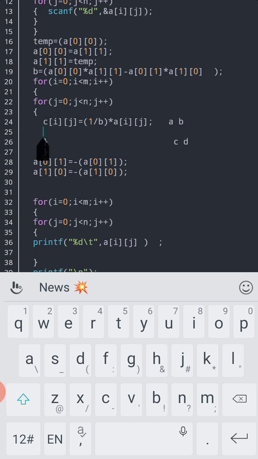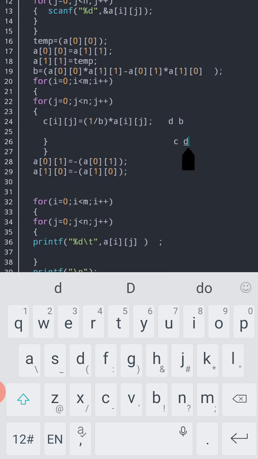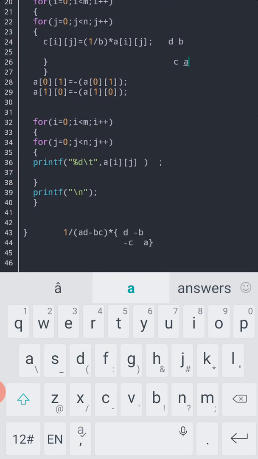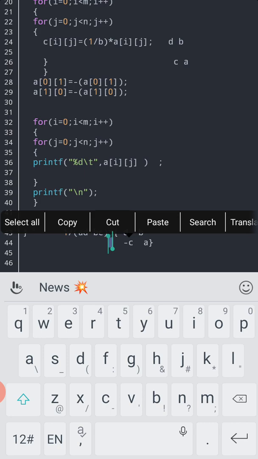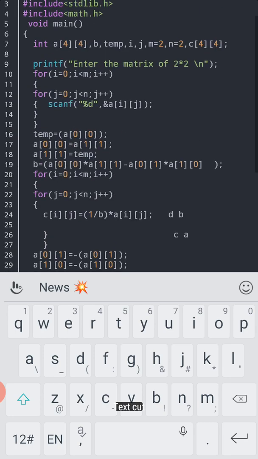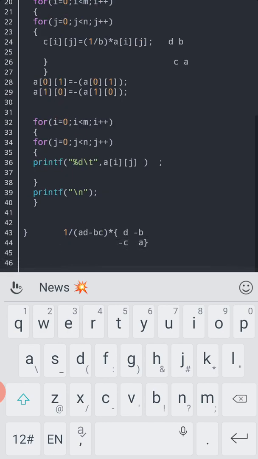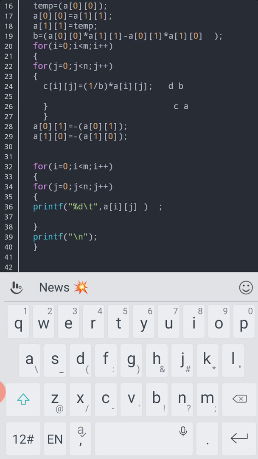We have changed the positions, that is, we change A as D and D as A. Here now I am doing the multiplication with 1 by B, that is 1 by AD minus BC. I had done that, and the result of AD minus BC is stored in B.